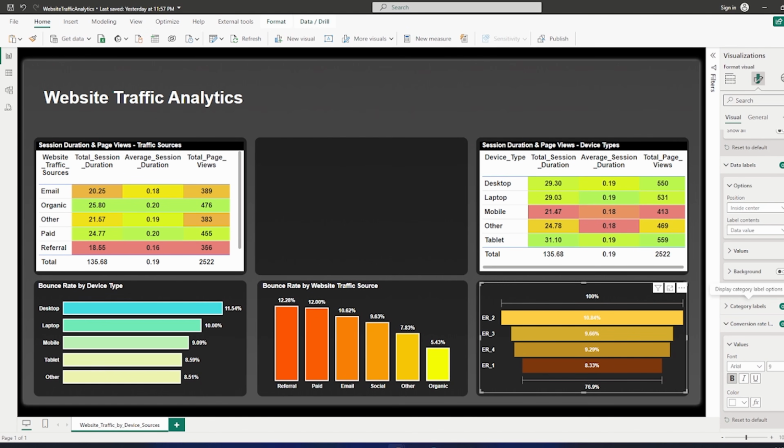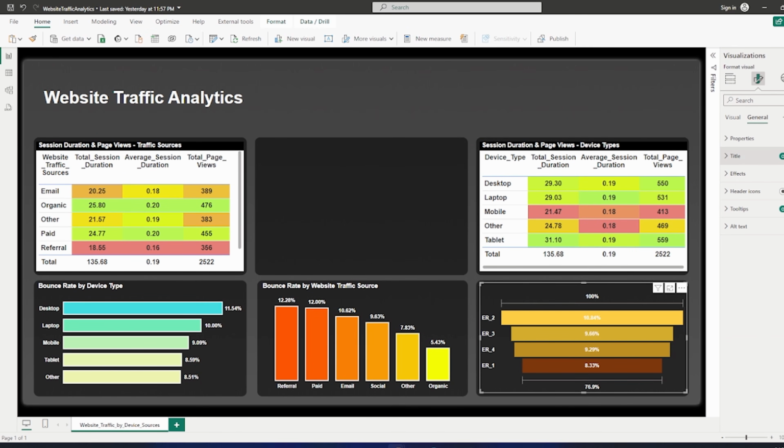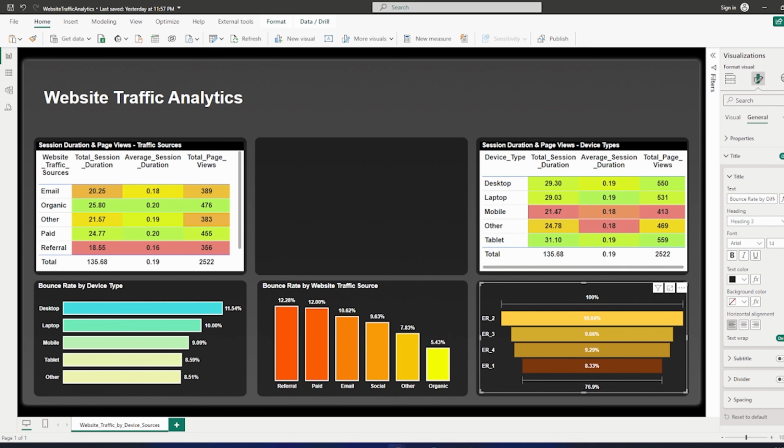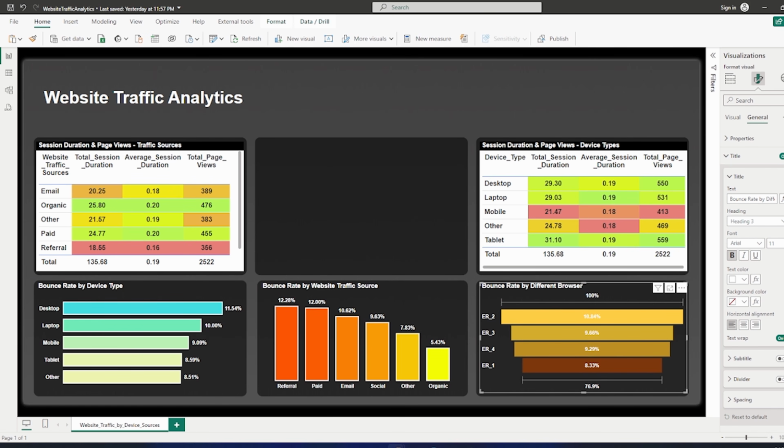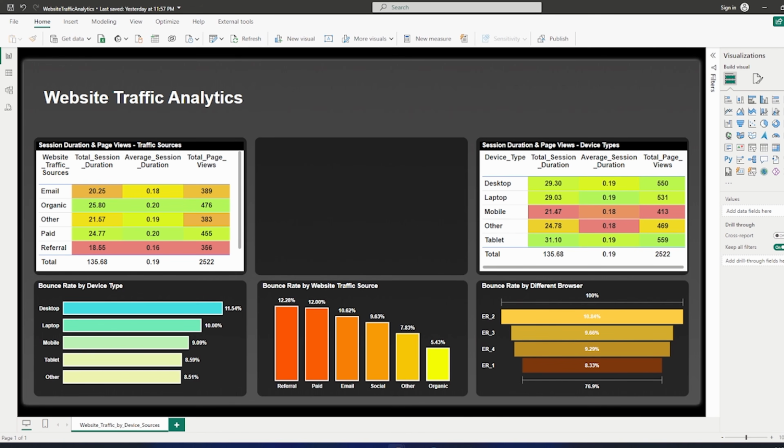So go to the general section, click on title, put it here, and it should be Arial 11 bold, left aligned, and the color should be white. Okay, so now we have created this visual successfully, and we have accommodated all the properties mentioned in our design layout. And the final visual, or the chart, that we need to design is